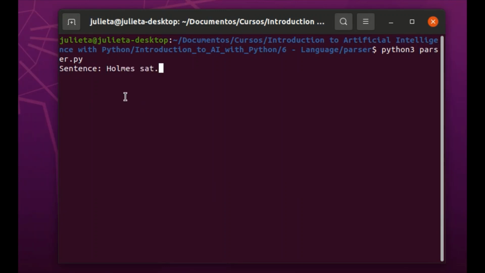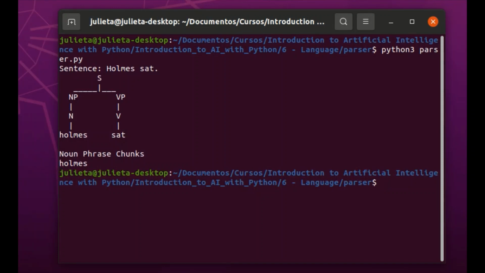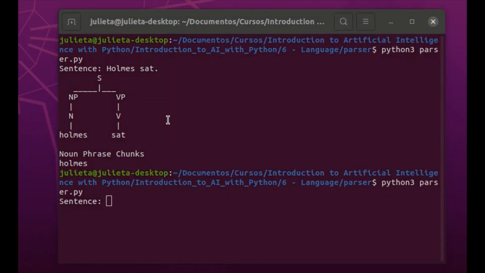The first one is "Holmes sat." This is one of the simplest sentences. The next one is going to be "Holmes lit a pipe,"